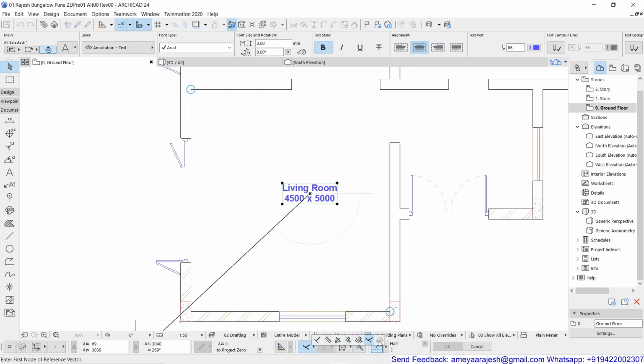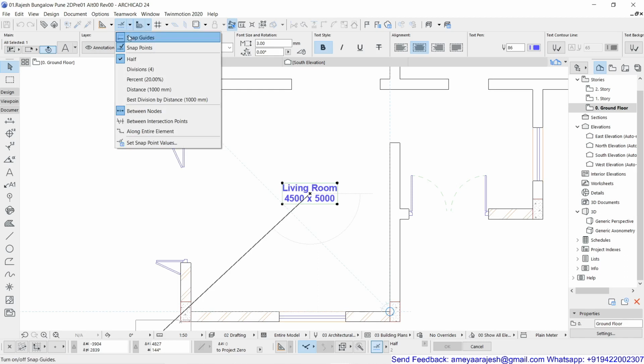And there is one more possibility which is meant for 3D purposes. Right now I'm just going to go for the last option, divide. It works in combination with whatever option you have selected in the divisions, that is half, division or percent, and between nodes.